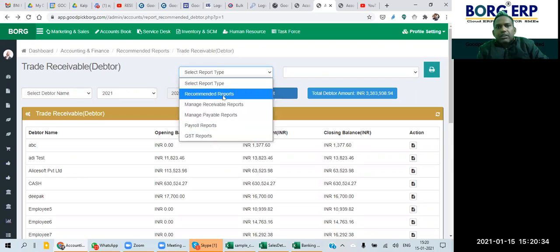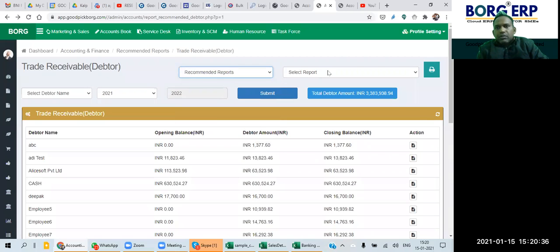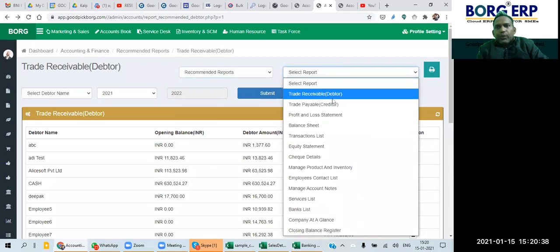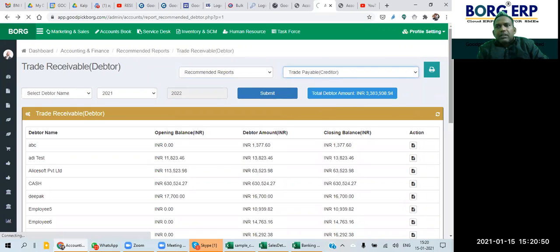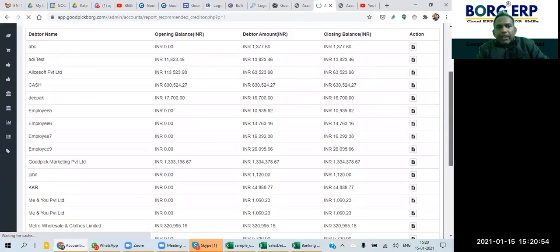So if we click on recommended reports, by default trade receivable is visible, and another thing is trade payable. We can also see the trade payable. Trade payable means how much and whom we have to pay.